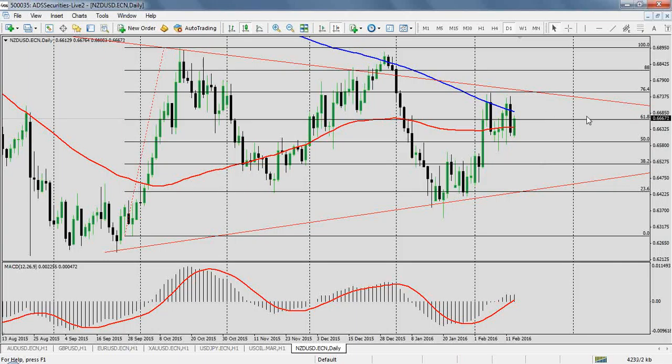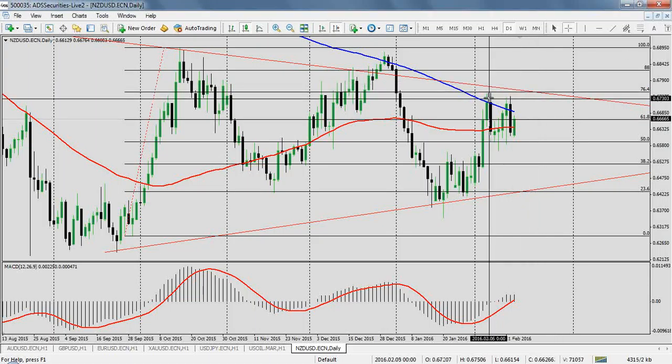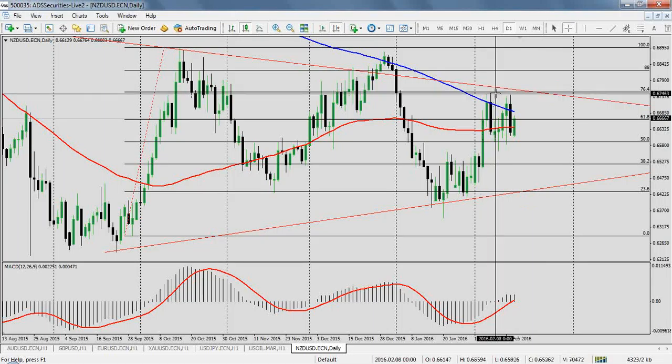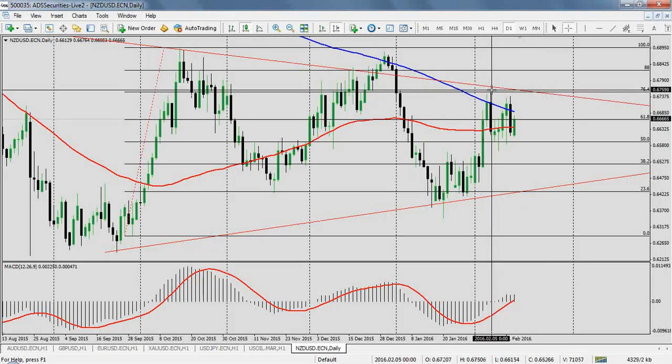That being said, today in the evening, European time, we will have the New Zealand fundamental development, retail sales. So it is highly important for you to make sure that you follow that news as well. It's very much likely that we will see a break above the level over here, the weekly high,